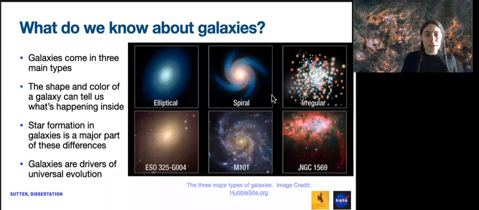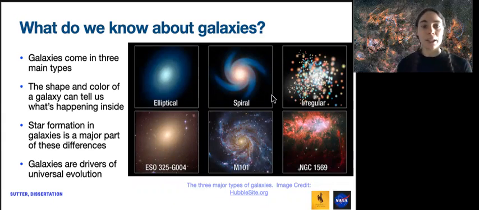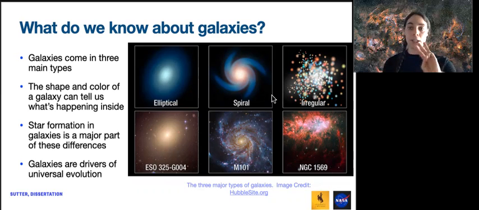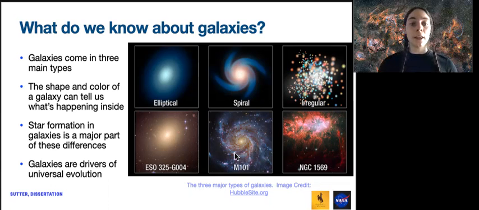So first off, let's just ask, what do we know about galaxies? One of the major things, the first thing any intro astronomy student is going to be taught, is that galaxies tend to come in three different types. So we have those spirals, which is what NGC 7331 is, what is shown here with M101. It's kind of what we think of when we think of a galaxy. Our own Milky Way galaxy is a spiral galaxy, where we've got this spiral structure. It's pretty flat, kind of disc-like, and we see lots of pretty colors, blues, reds, and yellows. Spiral galaxies have those pretty colors because they have continued forming stars. So even the ones we see today are still forming stars, and we can see light from young stars in